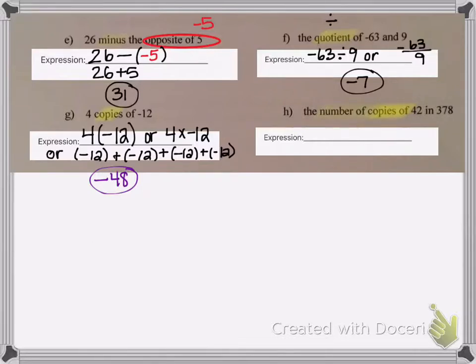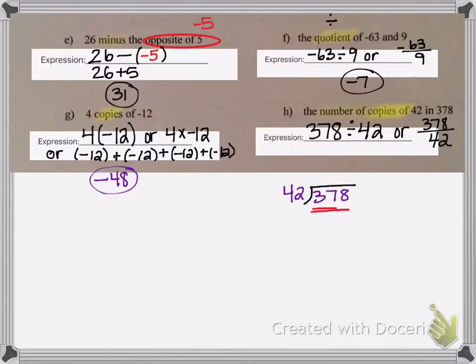In other words, we're asking ourselves, how many times does 42 go into 378? That's actually division. So I can use my division symbol or the fraction bar. And I'm going to set up the long division. Now I'm going to check and see 42 isn't going to go into 37. It's not big enough. So I need to extend it out and basically just see how many times 42 goes